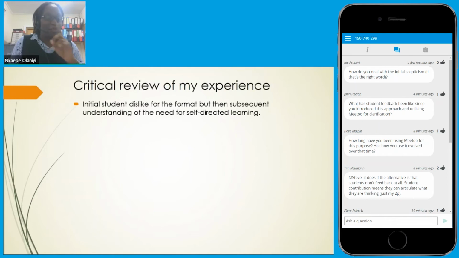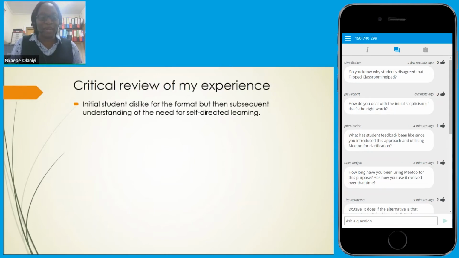So the way someone's asked, how do you deal with that initial skepticism? The way I did it was just to show them the exam results. I said, look, this is what people got, and we've done this format for the last 3 years, so at least it was a year before me, where people did the same thing and people were not getting it. So I need to change it. So that January, the first group I did that with, were quite happy. So by the time I came to the next cohorts and I could compare and contrast, that was fantastic. I had no opposition after that. They couldn't argue with the numbers.